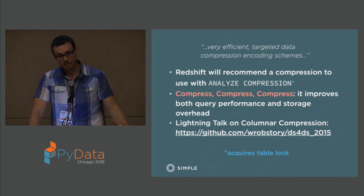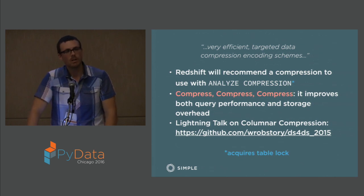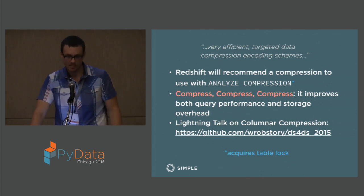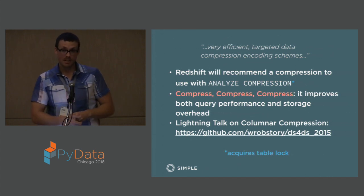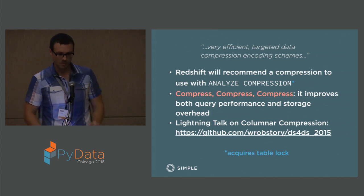So now we're going to talk about compression. Redshift has very efficient targeted data compression encoding schemes. I think by default it won't encode your data, but you can select an encoding for your data to compress it. A really nice thing that Redshift will do, if you already have data in a table, you can run analyze compression, and Redshift will take some subset of that data and recommend a compression for you,